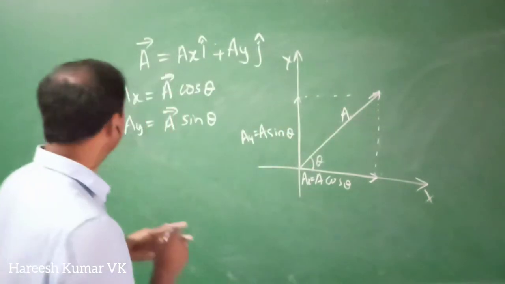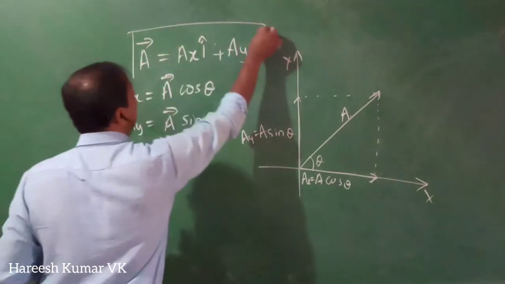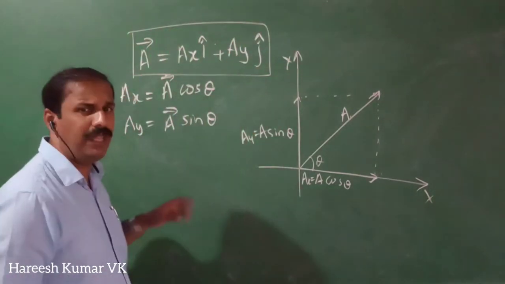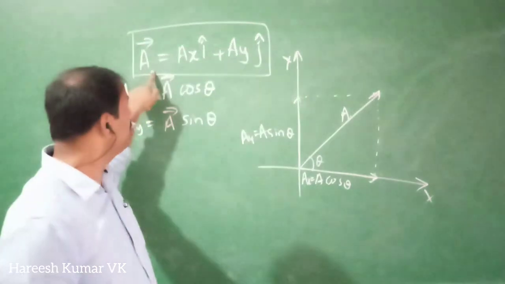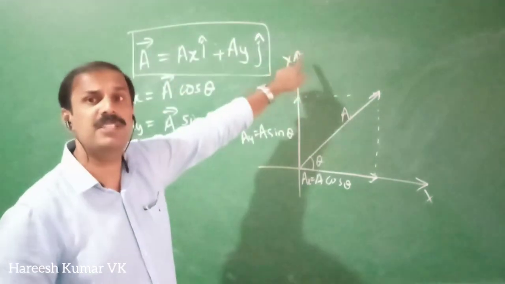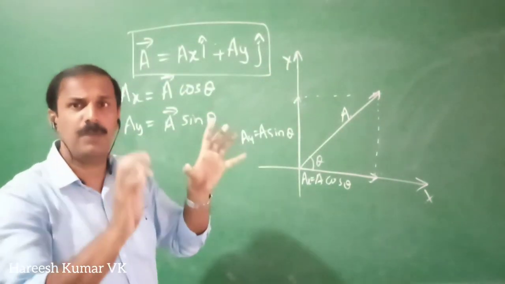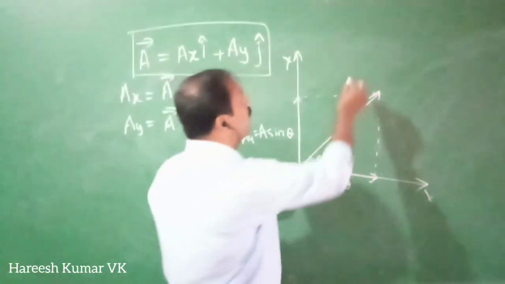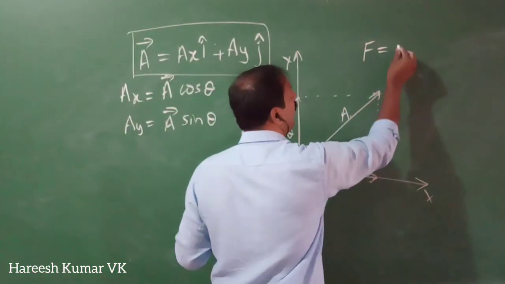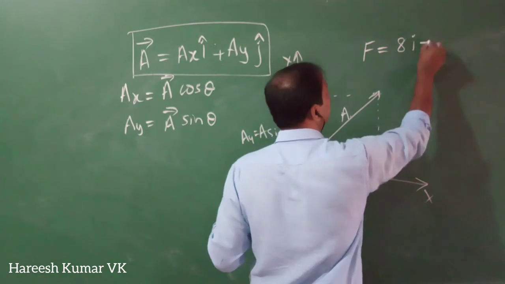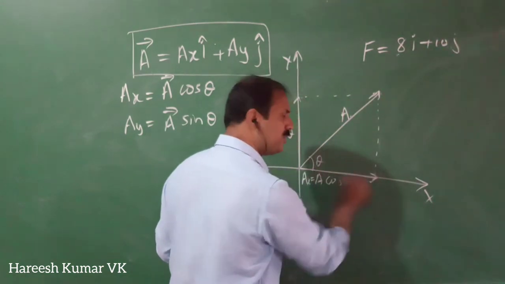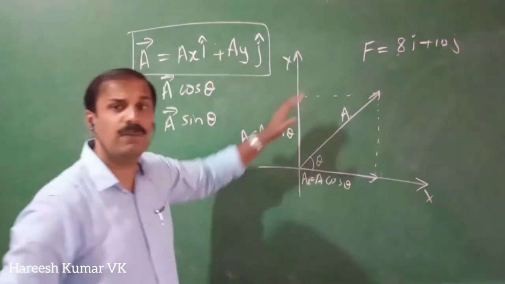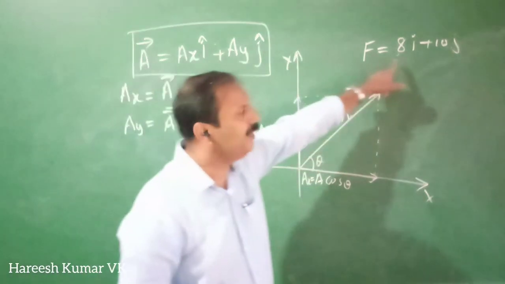Now, this is a notation we can write like this. In the practical case, how will it be? If this is 5 and this is 7, then you can write the vector A as 5I plus 7J. Like that you will write. So that will be the practical case. For example, one force is given by 8I plus 10J. So what is this? 8 and 10 mean in this way how much it should go, and in this way how much it should go. That's mentioned like this.